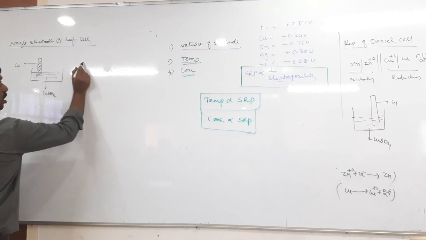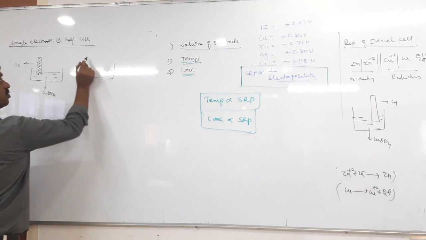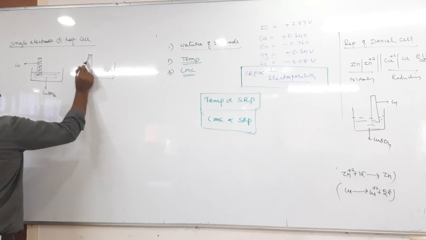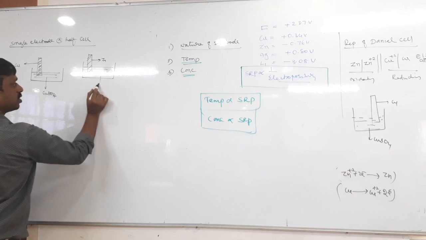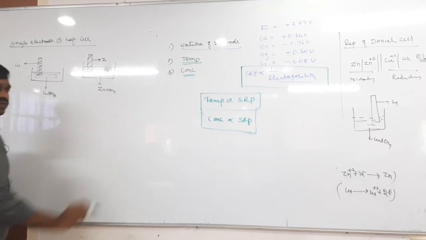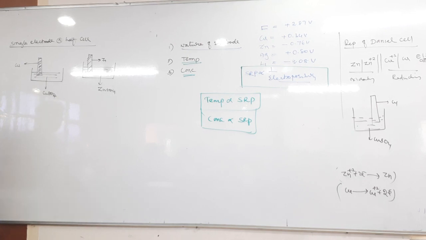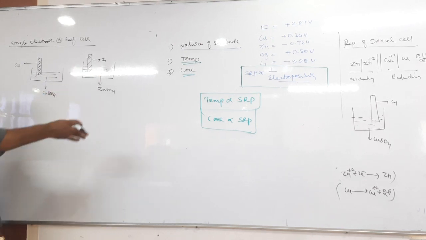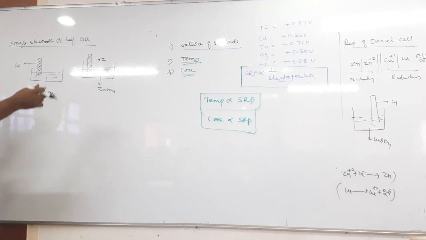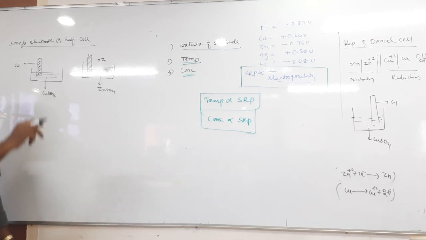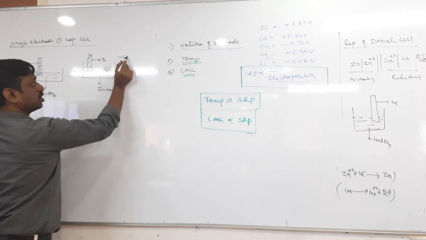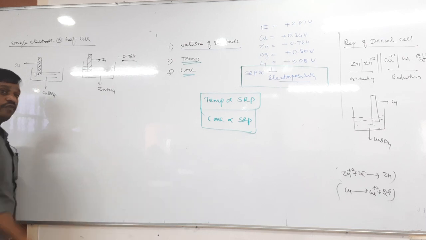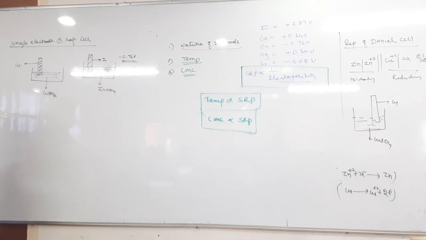Next, similarly, let us take a zinc rod placed in zinc sulfate solution. Which reaction takes place? Oxidation takes place, because the electropositivity of zinc is more. That's why zinc undergoes oxidation, and copper, with less electropositivity, undergoes reduction. Later we will study this based on SRP. The SRP value of zinc is minus 0.76. So remember, if any element has a negative SRP, it must undergo oxidation.